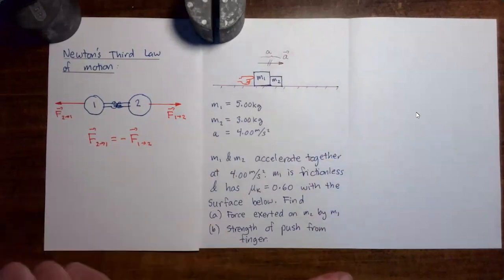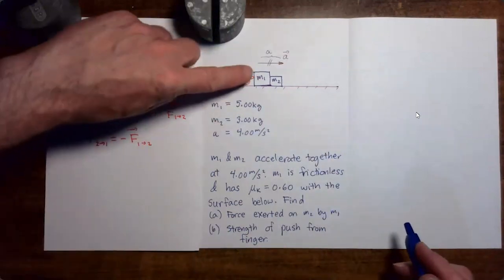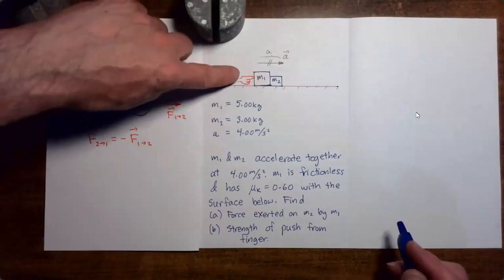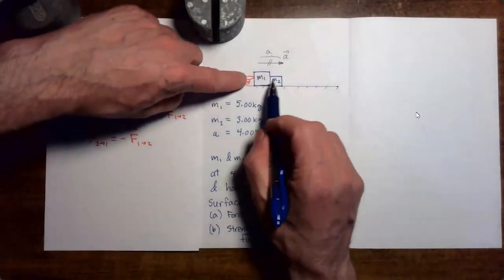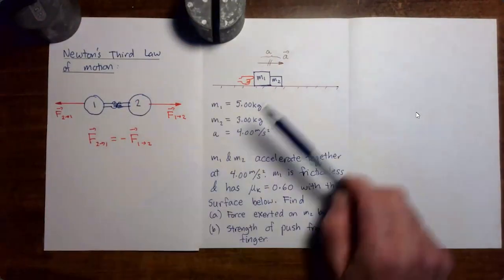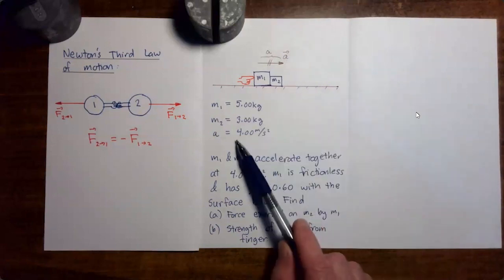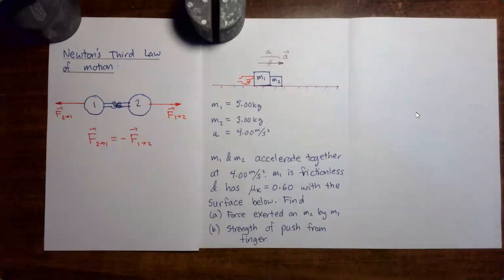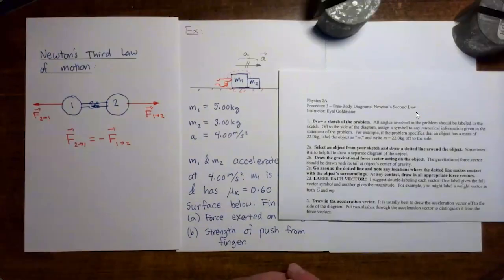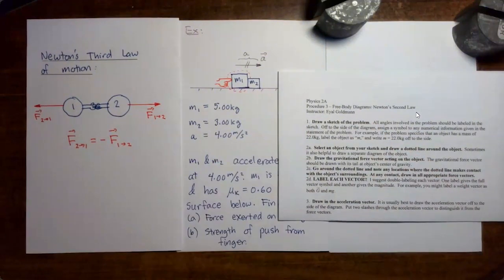The masses are being pushed along a horizontal floor, and specifically what's happening is that we have a finger pushing on mass 1, and the finger pushes on mass 1, then mass 1 pushes on mass 2, and the two masses move together at the same acceleration. That acceleration is rightward and has a magnitude of 4 meters per second, and here I give the values of those masses. We're going to solve this problem by applying our Newton's second law handout to each of the masses